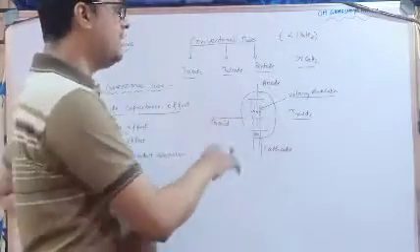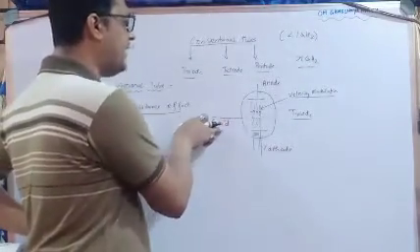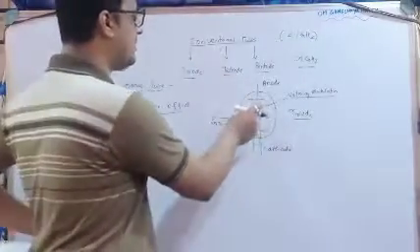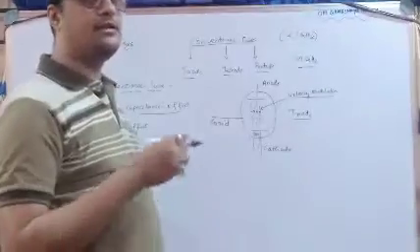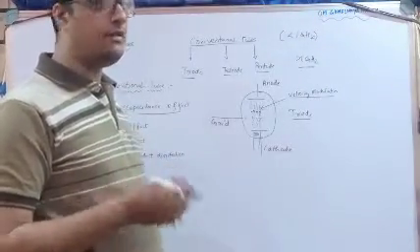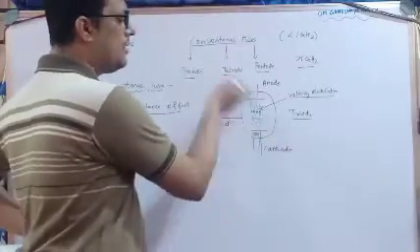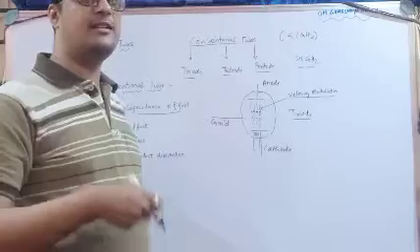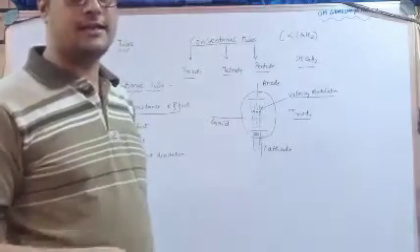Okay, similarly, when I provide a grid potential to this particular point, these are the grid points. Now if I energize this grid point, if I provide potential, what will happen? These electrons will energize. How will it energize? Because potential is added to them, it will energize and the velocity will increase.